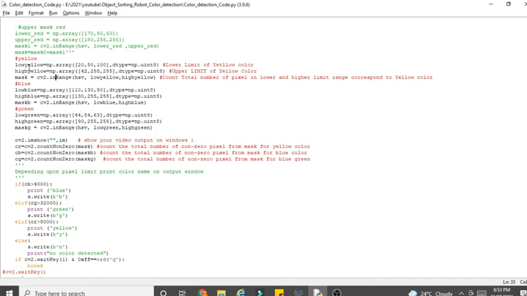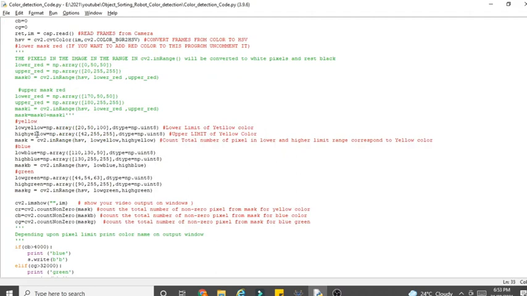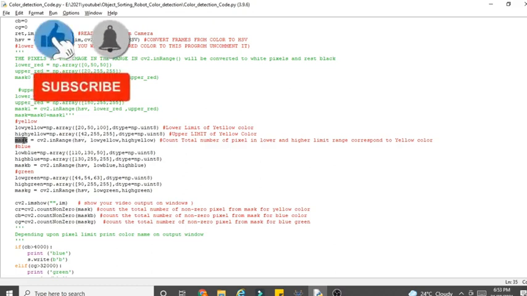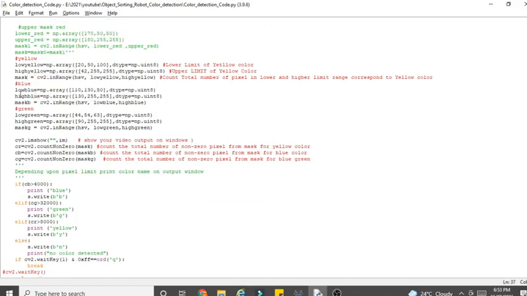Now the next part: once you get the lower and higher values for yellow, the HSV image that we found by using the cv2 read and cv2 color functions has to be mapped with our lower and higher values. To map that, we will use the cv2.inRange function. In that we pass the image, then the lower and higher values. Once passed, it will count how many yellow pixels are in this HSV image. That number of pixels is stored in the mask variable. In the same logic we will count the number of pixels for blue and for green color.